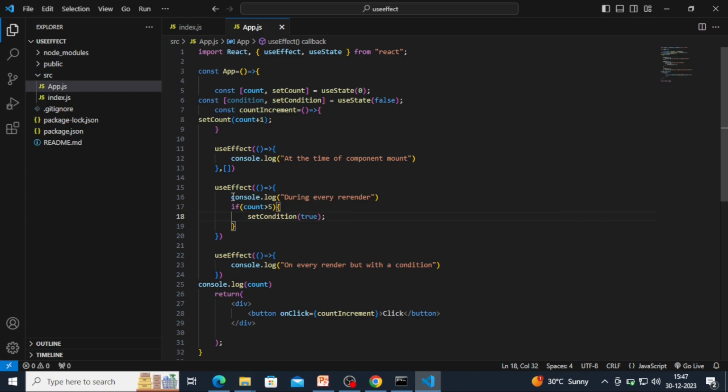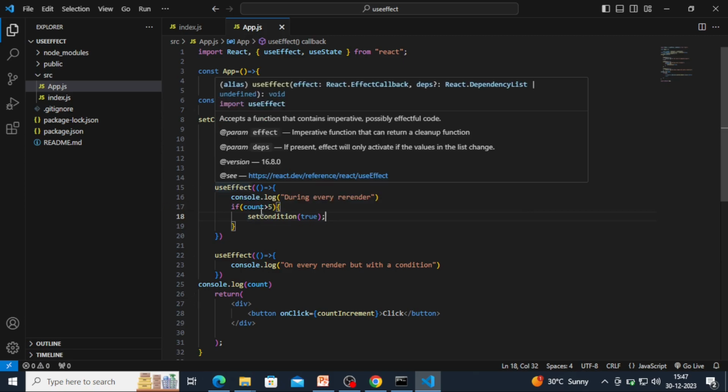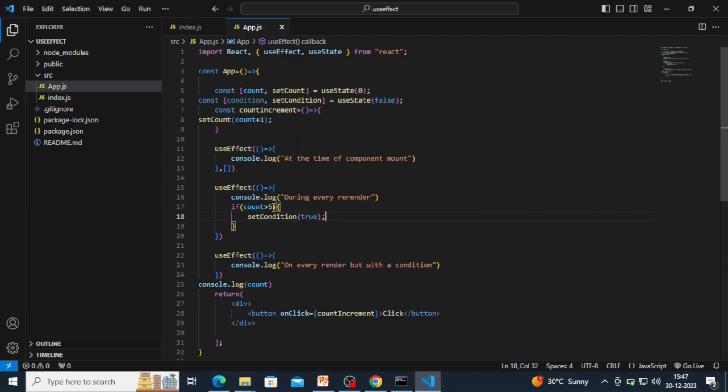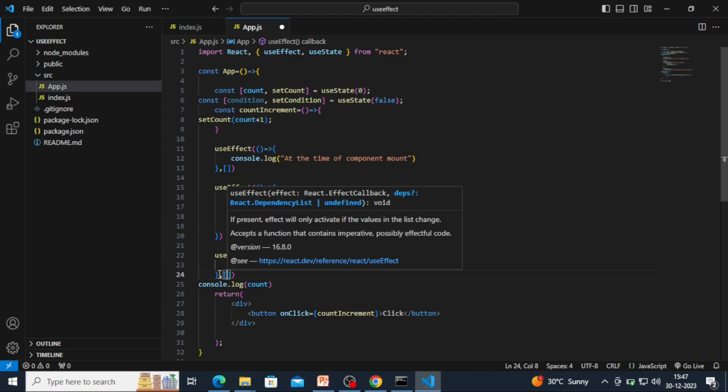So what happens is, this use effect is rendering every time, and every time we will check the count. If the value is greater than 5 and the count increases more than 5, at that time we will set this as true, and we will use this condition in our next use effect understanding. So in this,